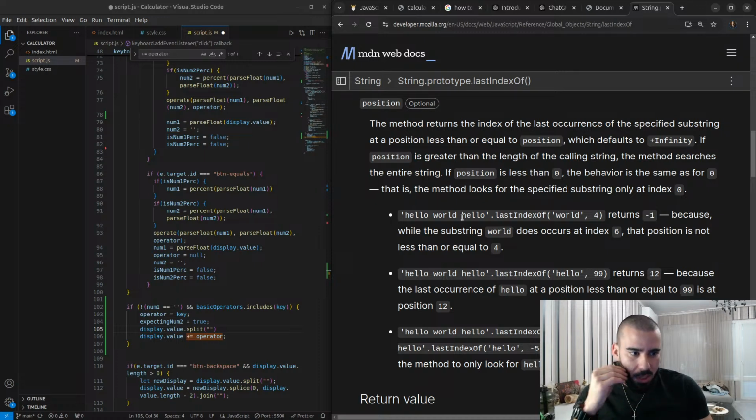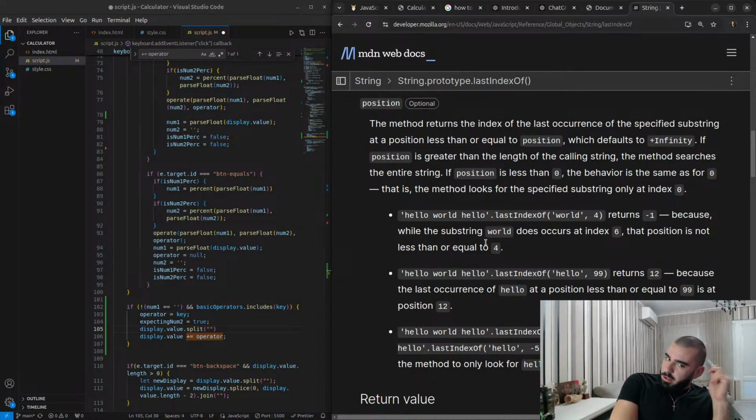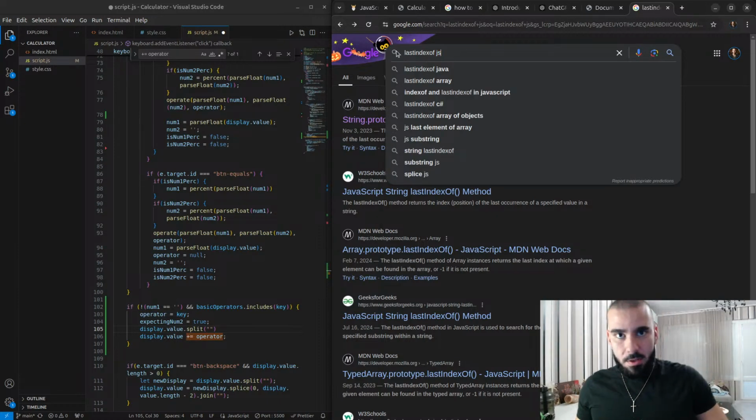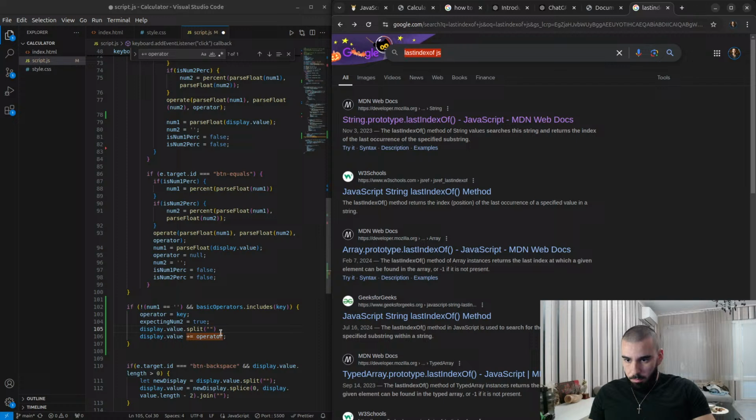Right, but this gives me the last index of a given character in a string. So we need to find the last index of an array, or we can just do,